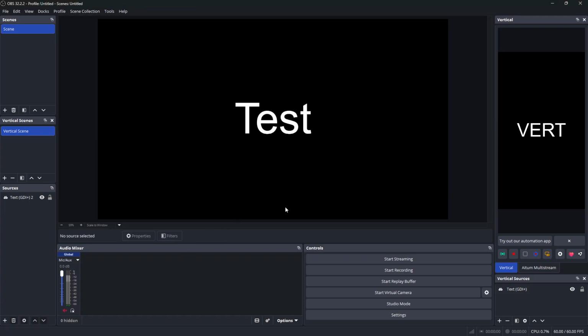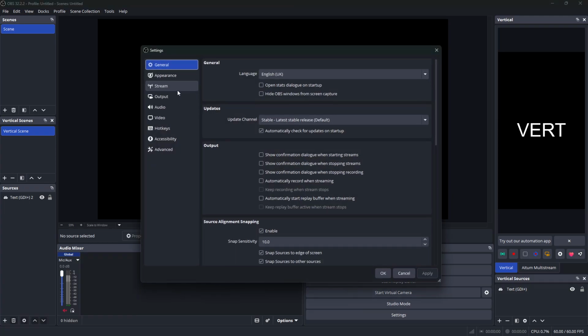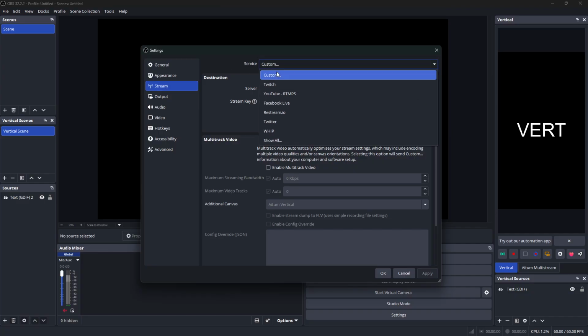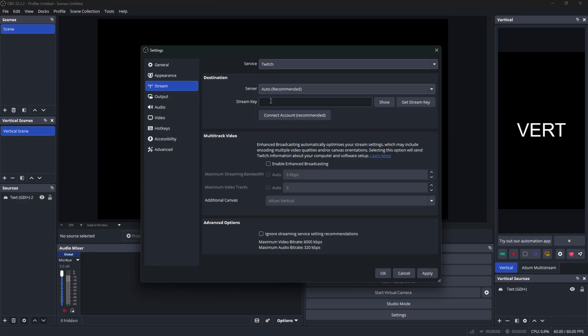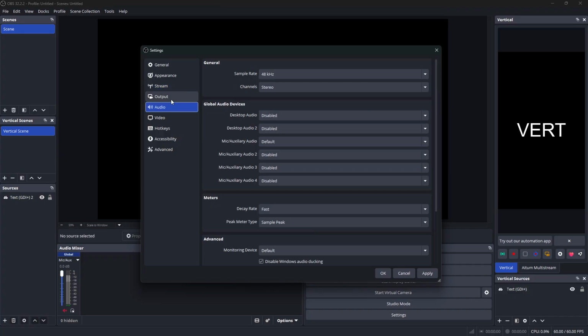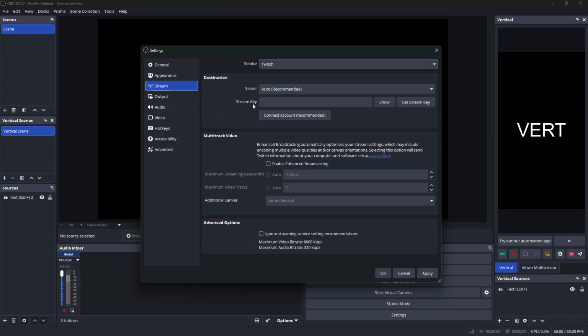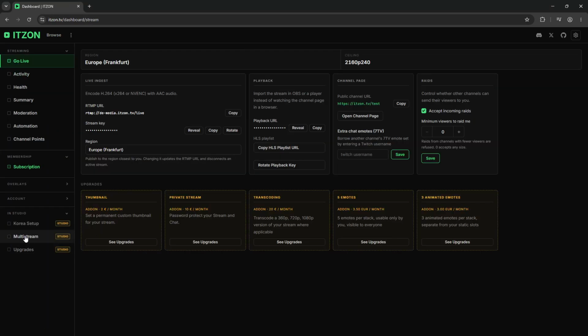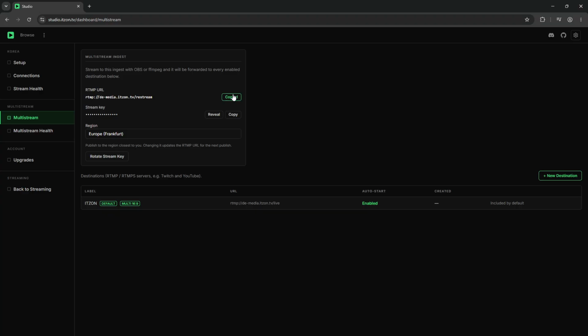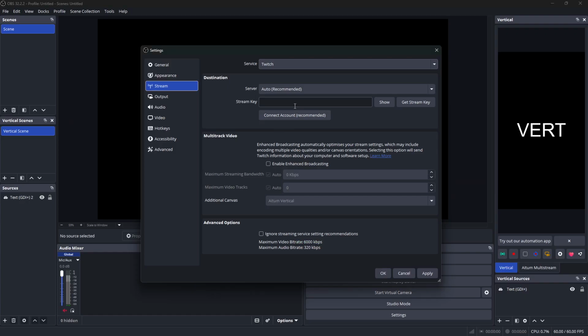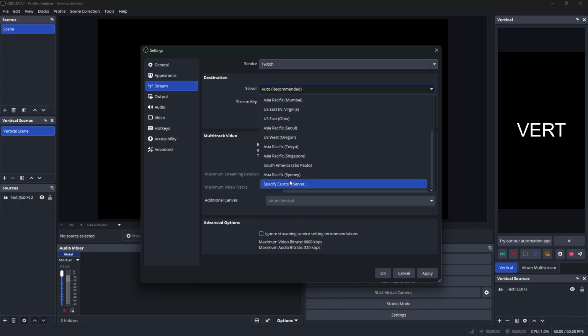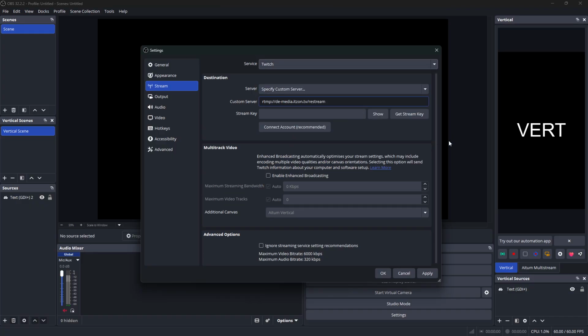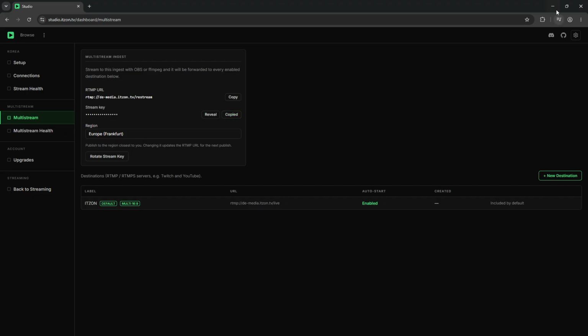So what we need to do in OBS first is, as for the regular restream, we need to select Twitch. This we need to do to get the VOD track option in the output. We will need from the dashboard in the multi-stream section our RTMP URL and stream key. I will put that in real quick. We also need to select specify a custom server. And once we got that,